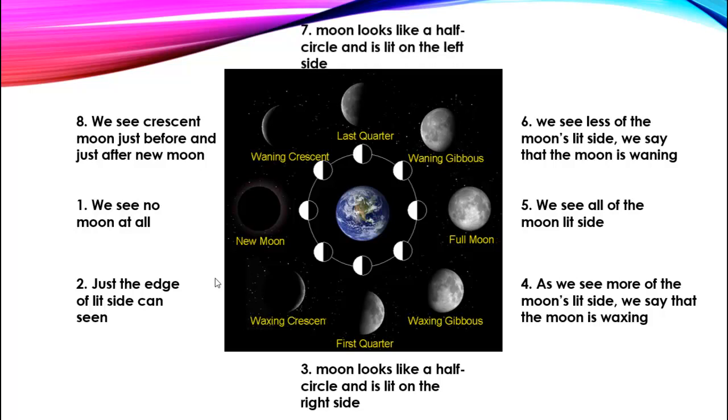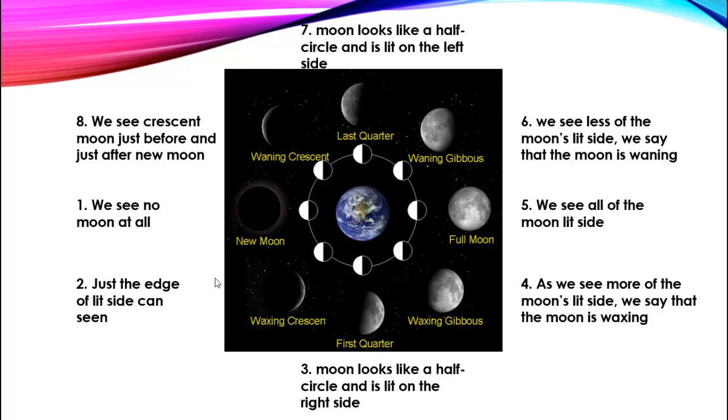Seventh, last quarter. The moon looks like a half circle and is lit on the left side. So, at first quarter, the moon is lit on the right side, but at last quarter, the moon is lit on the left side. Phase number 8,